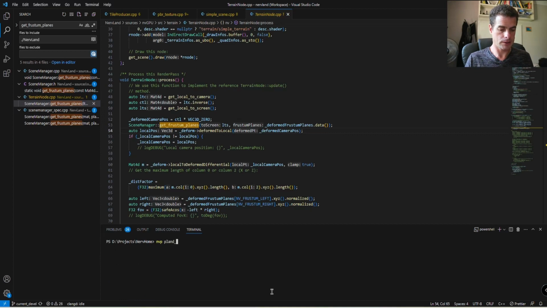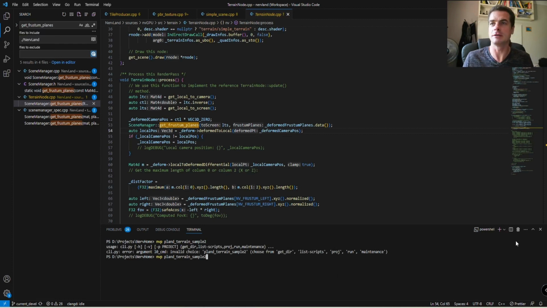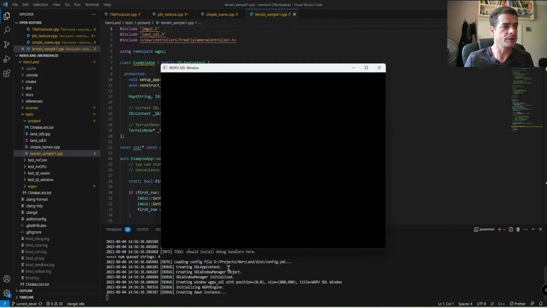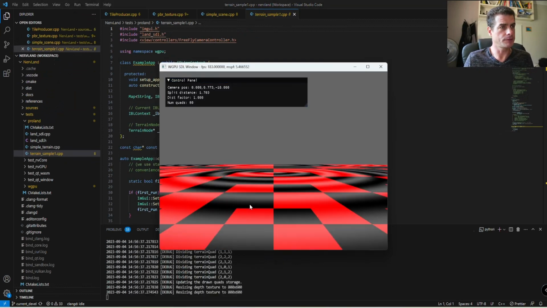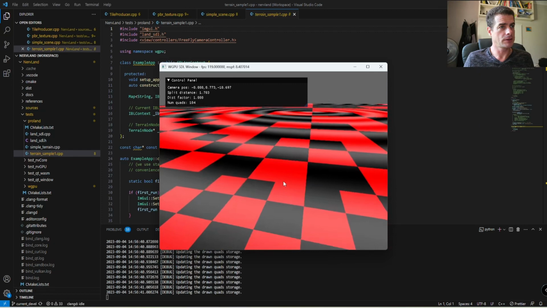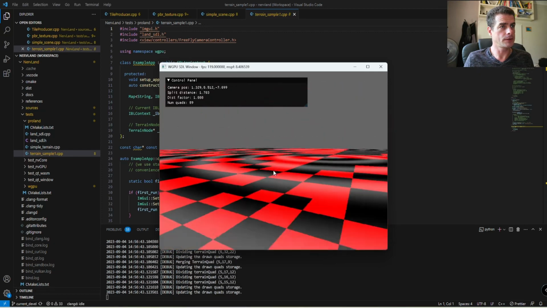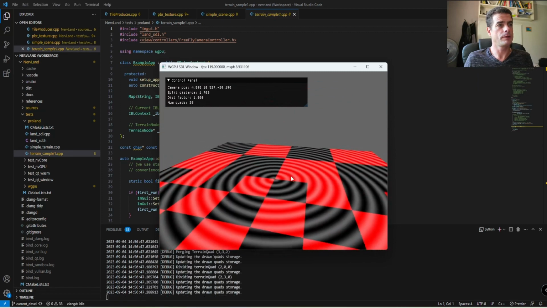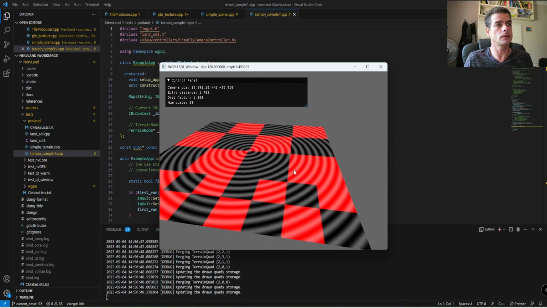Let's begin the ring simple 2. Not quite. Let me find that. Actually, no, it's just simple 1, because the other one is simple terrain. And here we go. So what you have here is another very simple example where we have a terrain node,